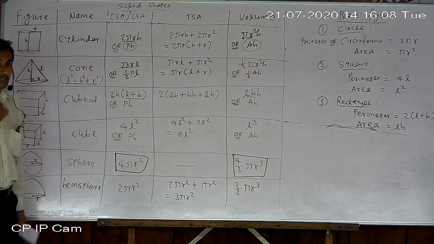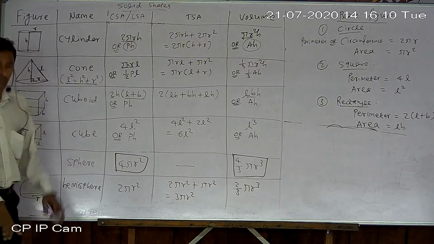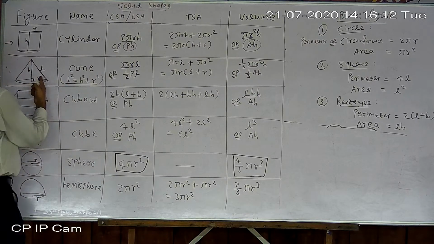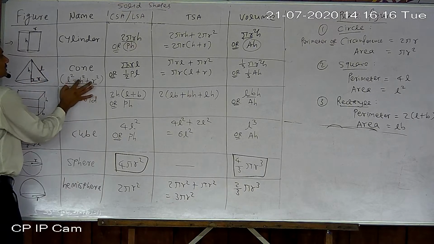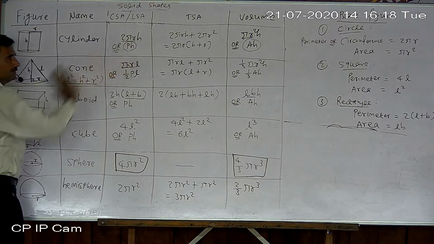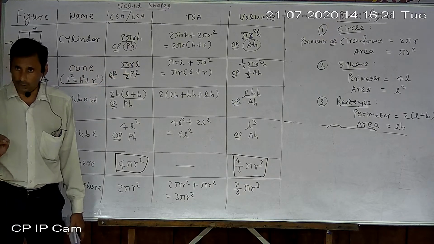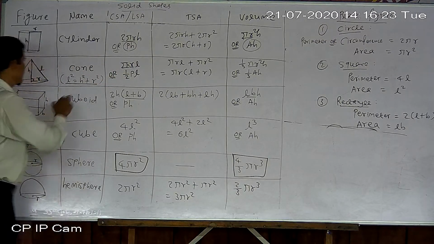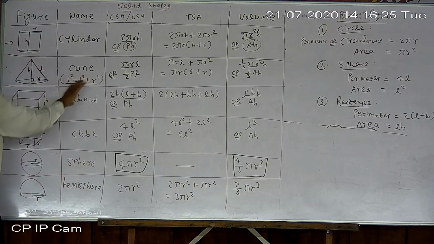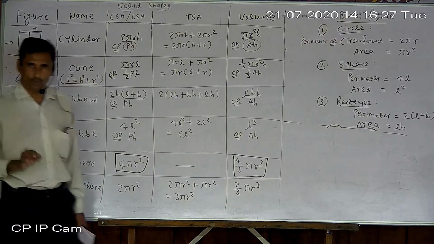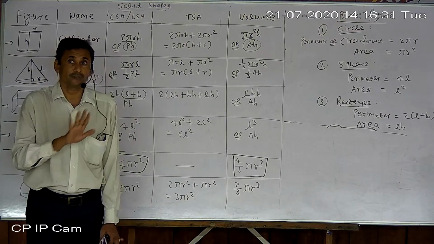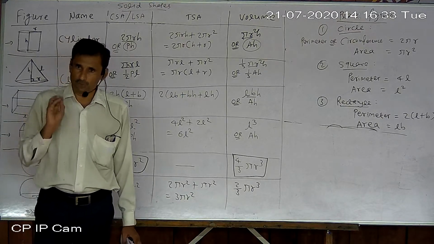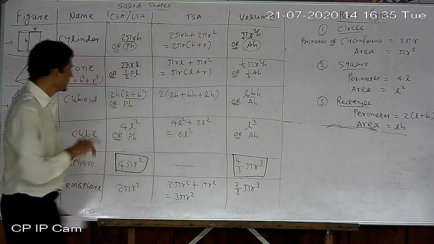But in the sum of volume of cone, you are given L and R, both. So first of all find S, then find height. Sorry, volume. So this is also one extra formula that can be used in the case of cone, if the required parameter or measurement is not given. Only at that time, not always. Okay, so this is next.